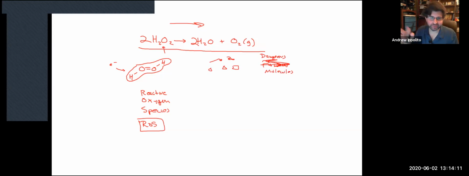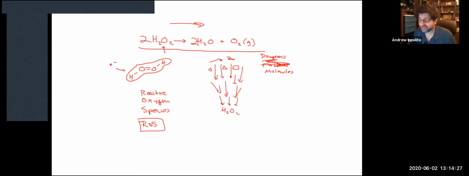Sometimes they're intermediates from a metabolic reaction. What the cell does is it has all these different pathways to handle them, and through these pathways they funnel them all to hydrogen peroxide as one of the products. And then the very last thing we do to get rid of this is